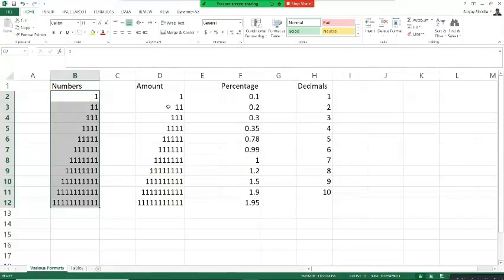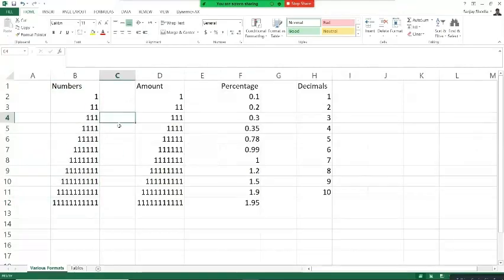So here I have an Excel file with some pre-populated data. Here you can see we have got numbers. As long as the numbers are 3-digit, 4-digit, or 5-digit, it is easier for us to identify whether the number we are looking at is 11,111, or for this we can say 111.